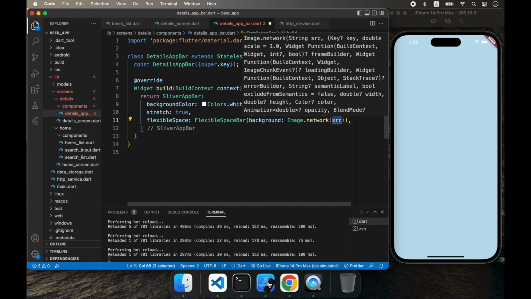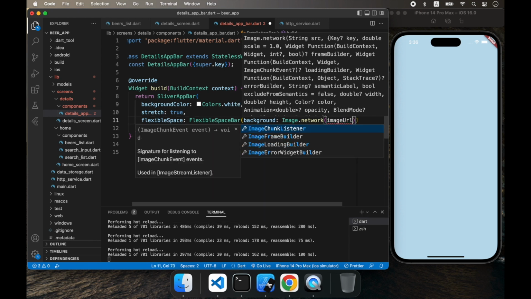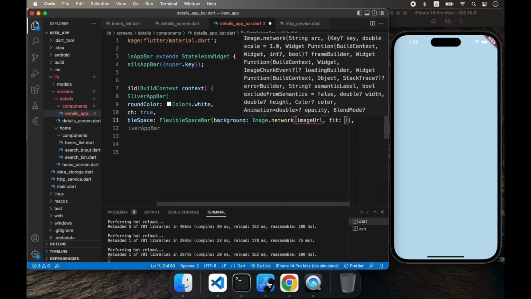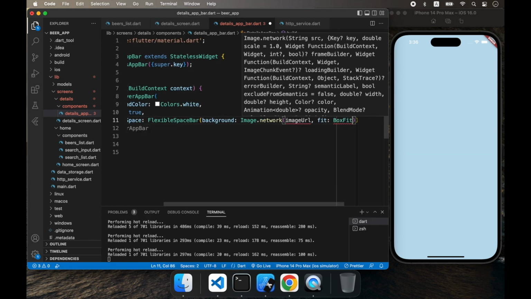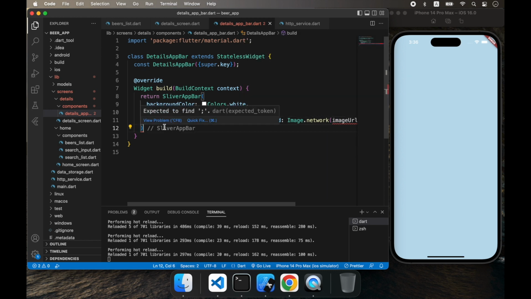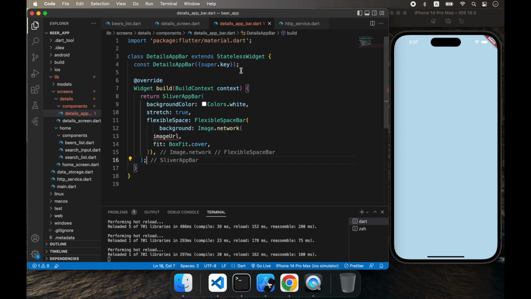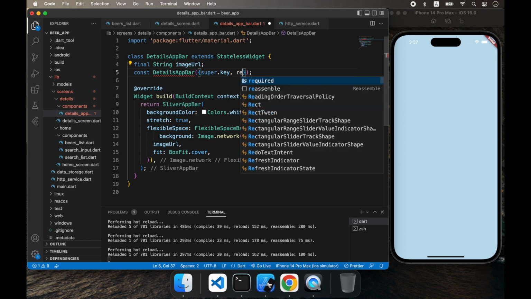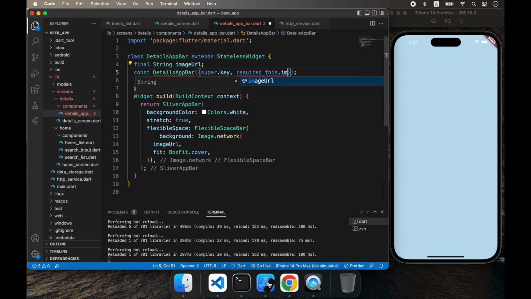I will use image network widget, and I will create image URL, which is going to be a property that is going to be passed to this details AppBar widget. And at the end I will have a fit property, which is going to be box fit cover, because I want to keep the ratio of the image and also want to make the image stretch over the area of the AppBar. I created the image URL final variable and it will be used in the details AppBar